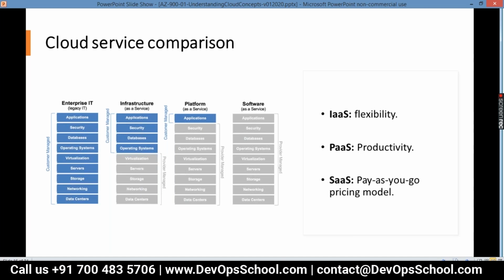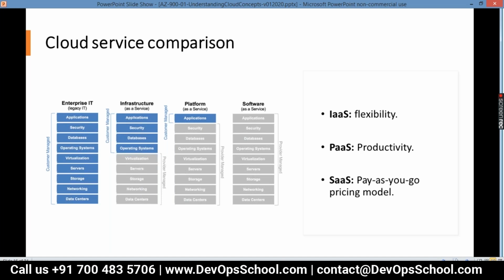And in software as a service, if we are taking something like Skype, and Skype is not working, we directly raise a ticket to Microsoft. Or if Teams is not working, or any services like MS Office, if we are using the license version, and nowadays everyone is using the license version only. If it is not working, we directly reach out to the provider of that particular application. So we are not going to manage it.